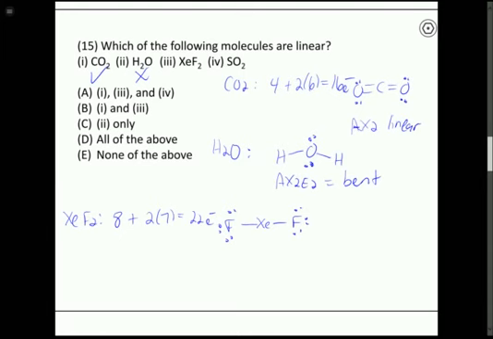But after completing the octet on fluorine, we've only used 16 of our 22 electrons. We have a total of 8 electrons on each fluorine, 2 of them, so we've used up 16, which means the rest of our 22, which is 6 more, have to go on the central atom. So this is going to give us an AX2E3 arrangement. Now if you just remember that this is linear, that's fine, but to rationalize why this is linear,